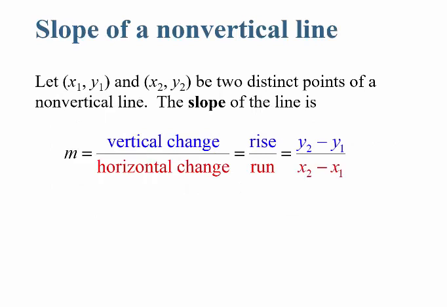All right, so now I want to talk about the slope of a non-vertical line. To find the slope of a line, you're always going to need two points on the line. We call the first point x1 comma y1, and we call the second point x2 comma y2. We're going to let these be two distinct points on a non-vertical line. Then the slope of the line, which we use the letter m to designate,